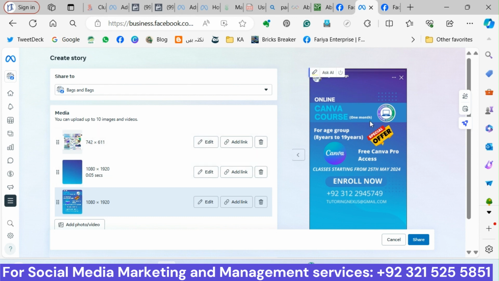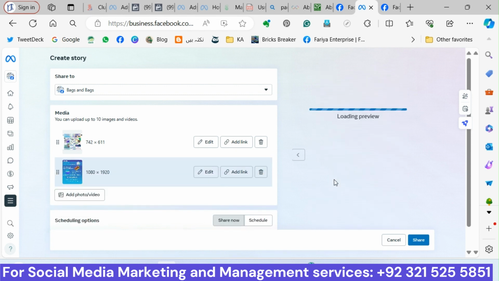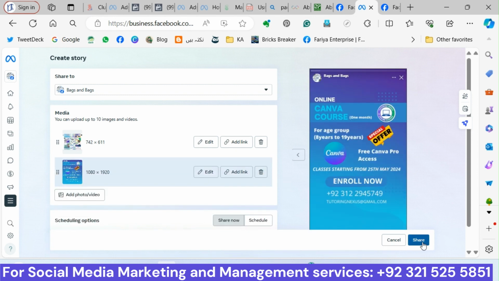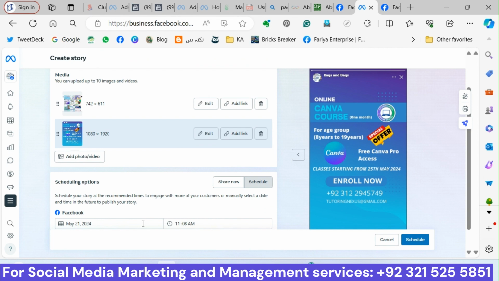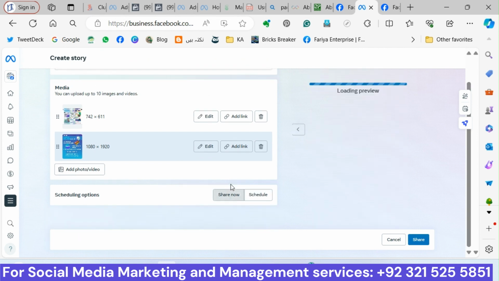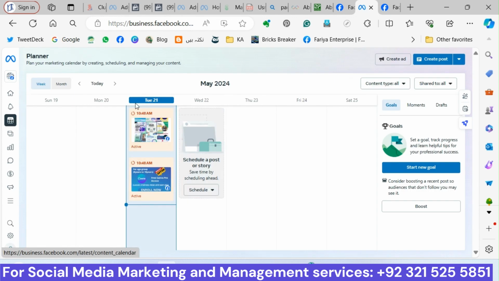You can see that this image covers the whole frame. If I click on share, it will be shared right away, and if I schedule it, it will be scheduled at the given time and date. Share it now. See, this is now available over here that you have posted two stories.